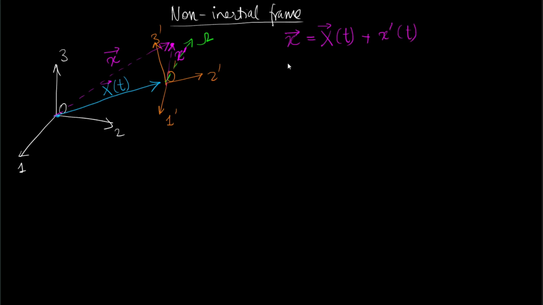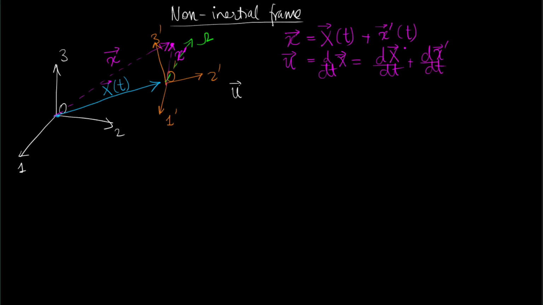And this implies that the velocity as seen in the inertial frame will be the rate of change of the location in the inertial frame, and this is tantamount to writing dX/dt plus dx prime/dt,